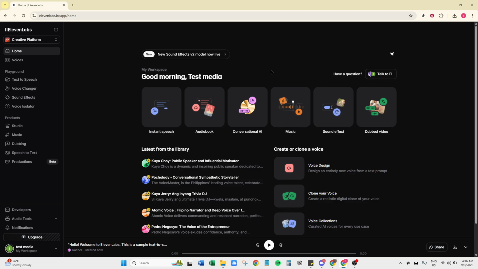To start, you'll want to log in to your Elevenlabs account. If you haven't already registered, you'll need to create an account, which is usually a straightforward process requiring just an email and password. Once logged in, you'll find yourself on the dashboard, the hub from which you can access all